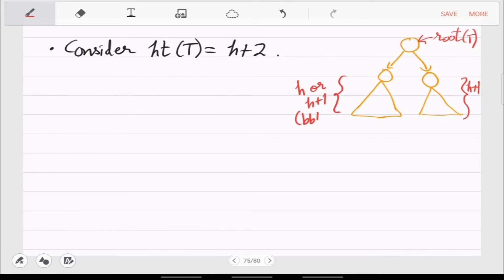That's the BBT condition. Okay, so this is where we will get the correct recurrence. So the recurrence is then n of h plus 2 is